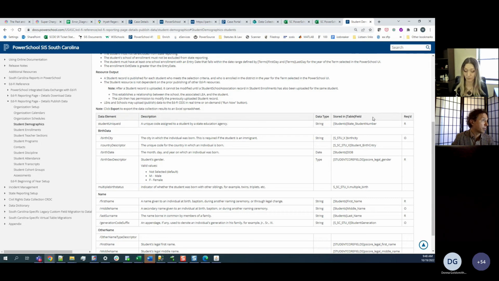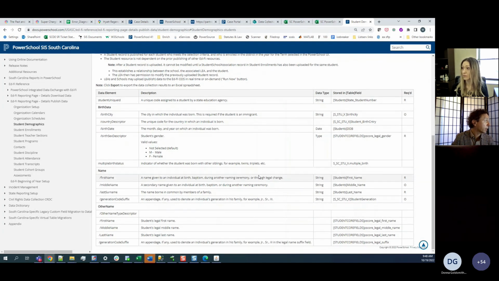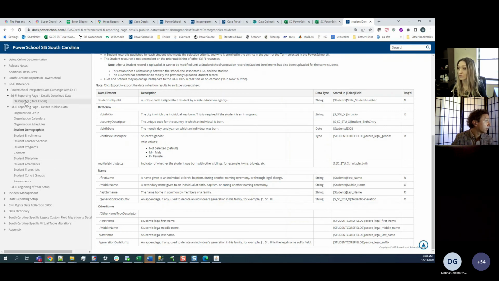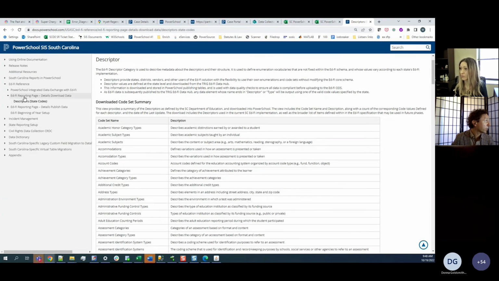It gives you the mapping over here from PowerSchool to the EdFi element, as well as the description and the data type, which I think is really neat. Let's see, what else is here? Tells you the categories of descriptors.